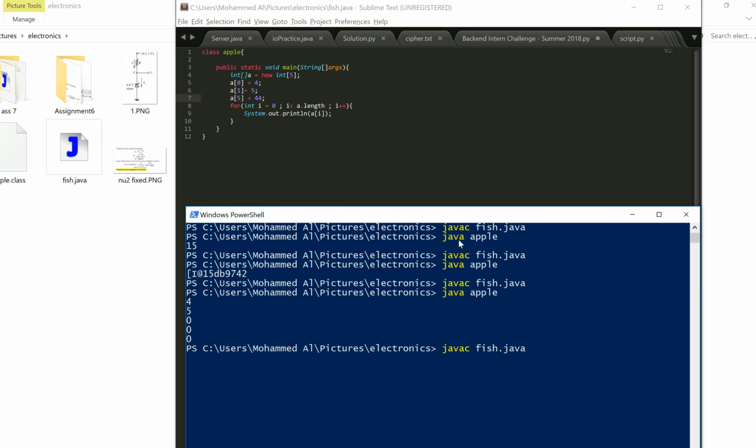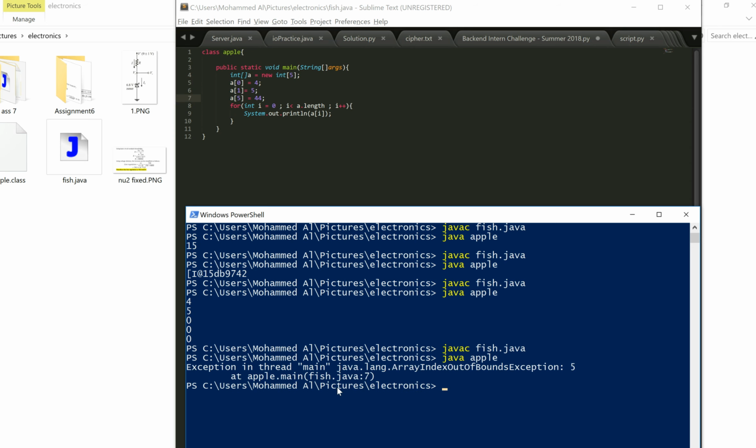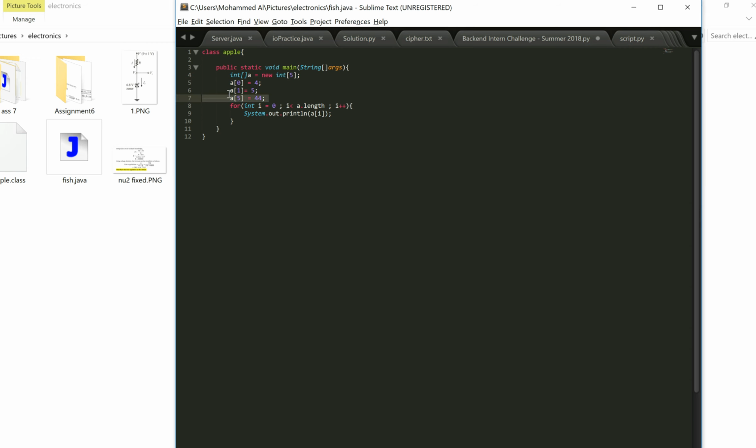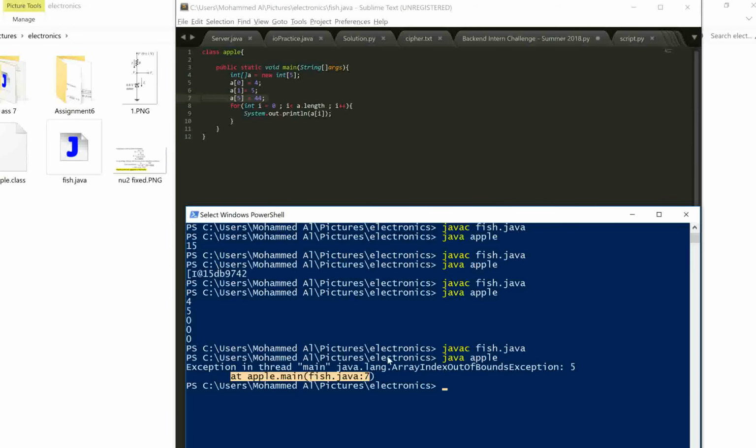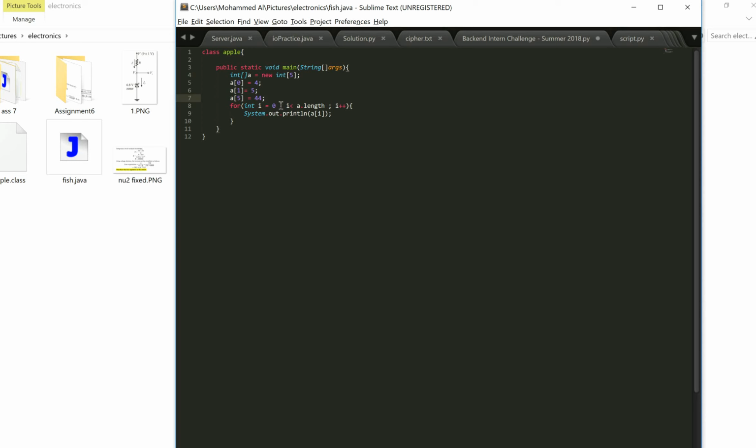So let's see, javac is gonna complain. Oh, it didn't. Maybe it would complain on run time. See, exception. Exception is like an error. At main, at this method, line 7. And behold, line 7 is the issue because we went beyond what our array size is. Array index out of bounds. Exactly what we are expecting. Okay, so